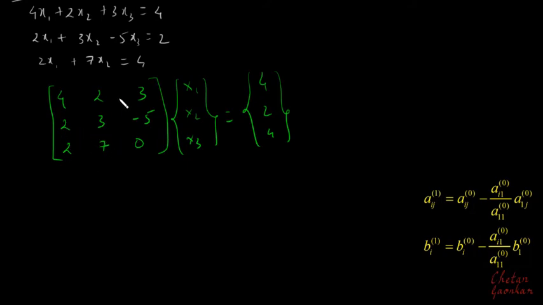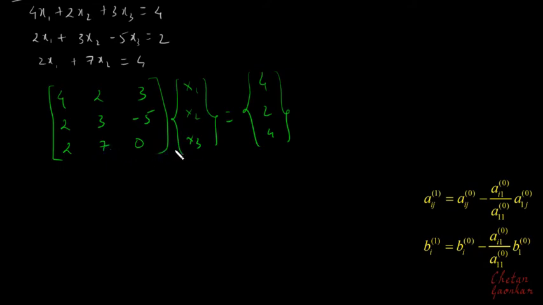That can be done either by row and column operations, which we have already studied, or for coding purposes we will have to use this formula. And once I manage to make the coefficients below the diagonal 0,